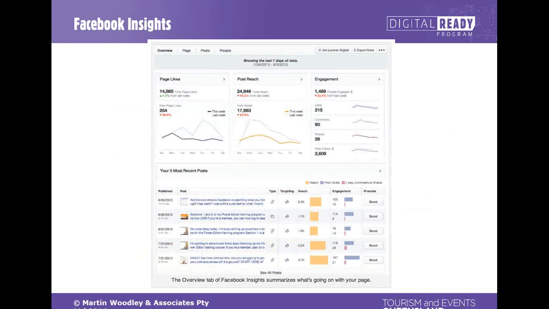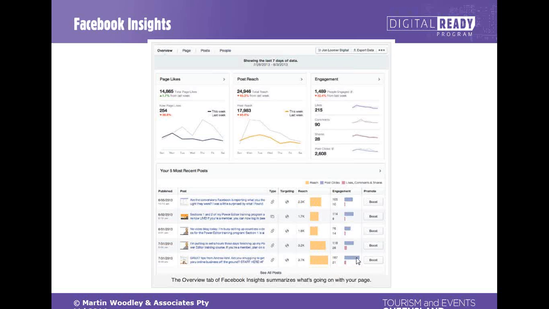So just looking at that in a little more detail, is our summary up the top here. Our page likes, our post reach, and our engagement, and individual posts. So these are the titles of individual posts that have been put up by this person, and it shows you the type. So that's text, and that's a photo, and these are all text ones. Who you're targeting, how much reach you got, and more importantly, which were the most successful. And you can see that this one kind of was.